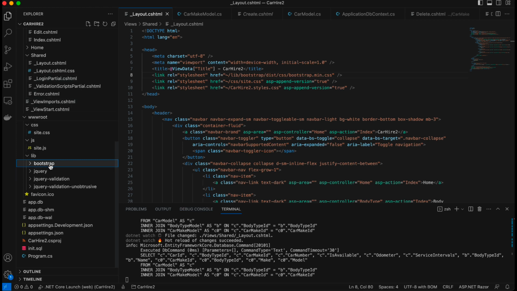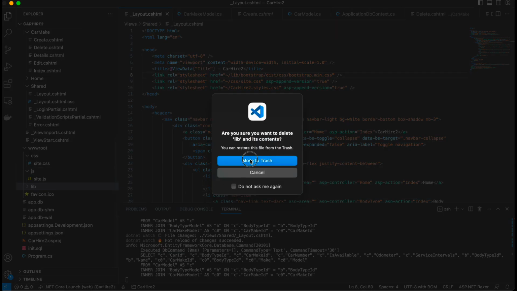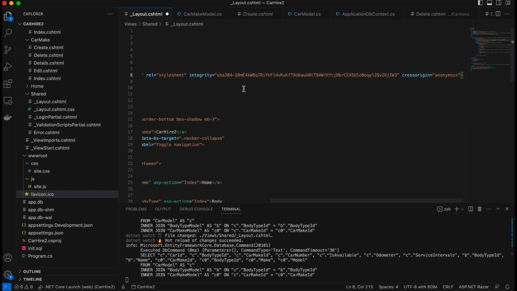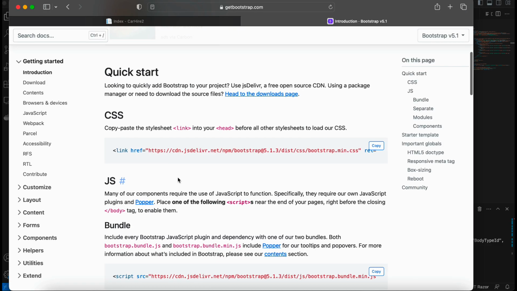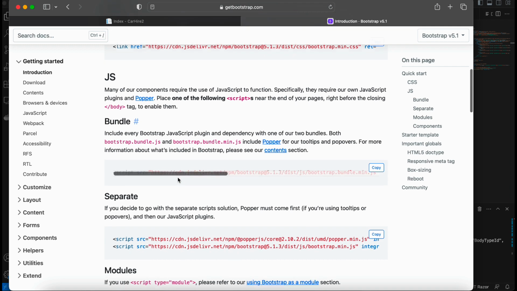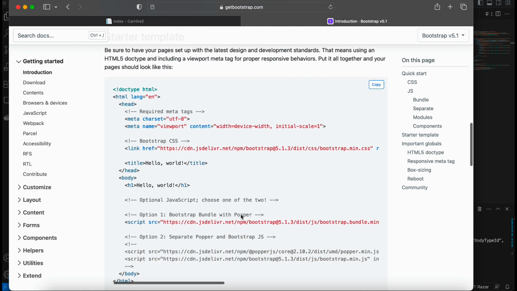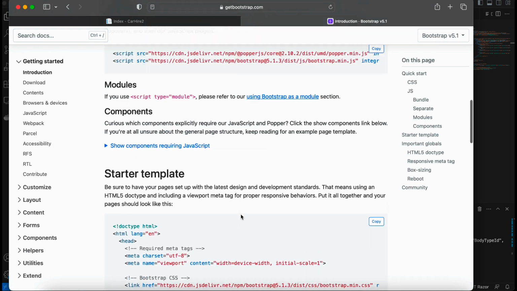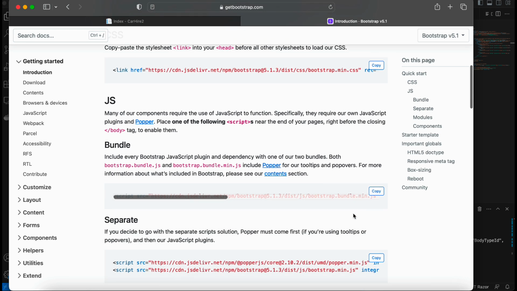So I'm going to, let me see, Bootstrap jQuery. I'm actually going to delete the whole lib. Bye-bye lib. Okay. And I'm just going to replace it with CDN stuff. Okay, so that's one. Then we also need, I'll quickly see, start a template. Yeah, the problem here is we need